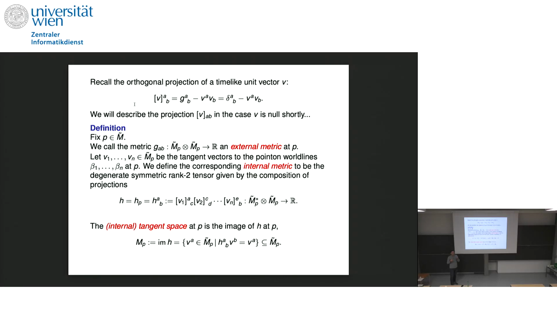And so what is going to happen is, we have H is a degenerate space-time metric. As is given here, it's a projection onto the subspace. It's a subspace projection.